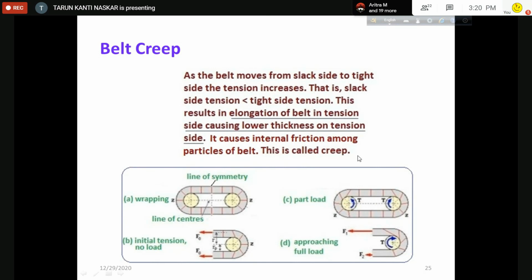Now this is all about belt and pulley, and the slides on the chain drive are not prepared, and that is the last item of the belt and pulley, and that is also the last item of our class. Okay, so this was the last chapter. The belt and pulley was the last chapter, and the last item, the slides, are not yet prepared. So whenever they are prepared, I will give you notice and there will be class. Okay.